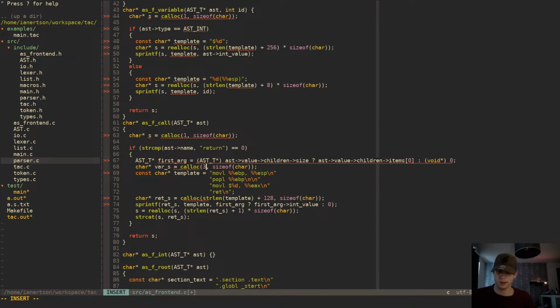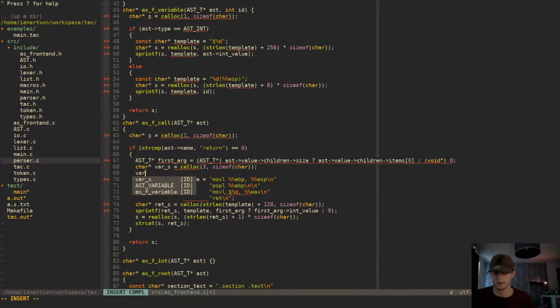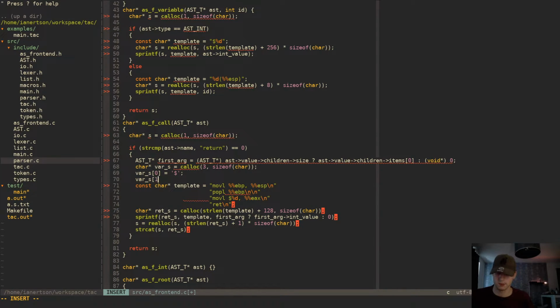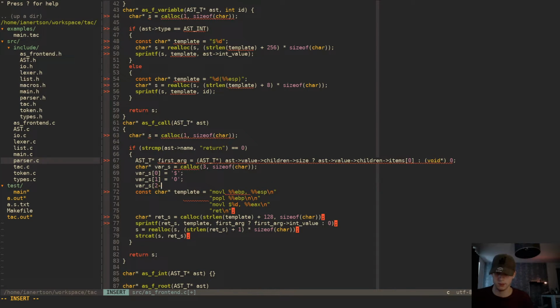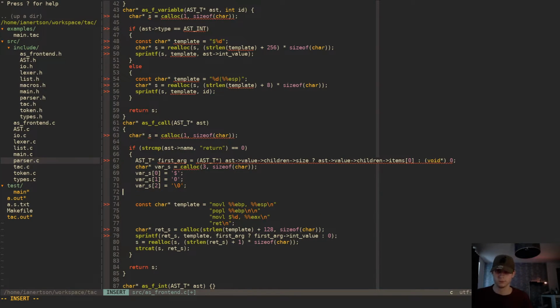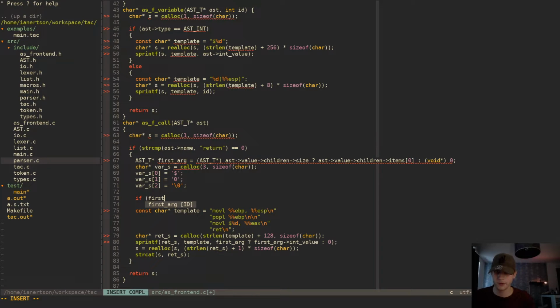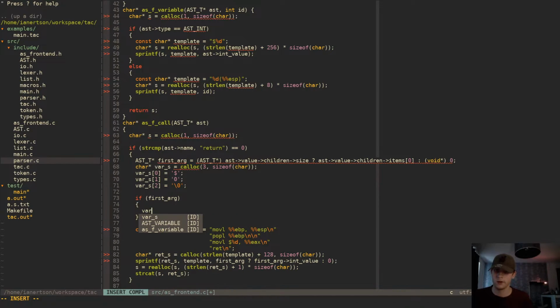Now let's do a 3, and by default, rs0 is going to be that, and rs1 is going to be 0, and var s2 is going to be that. And then we're going to do if first arg, var s is equal to realloc var s